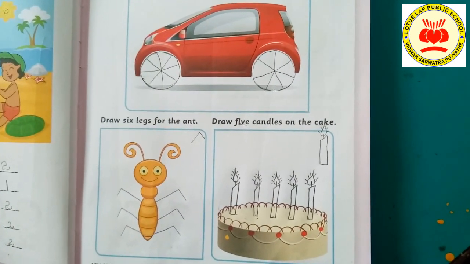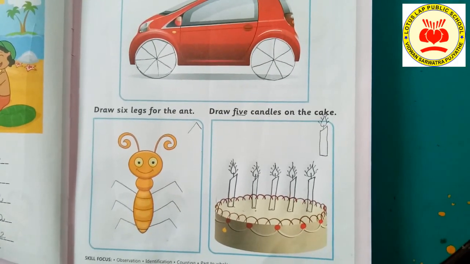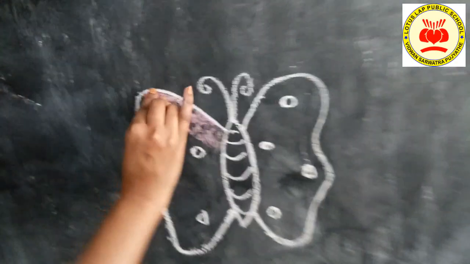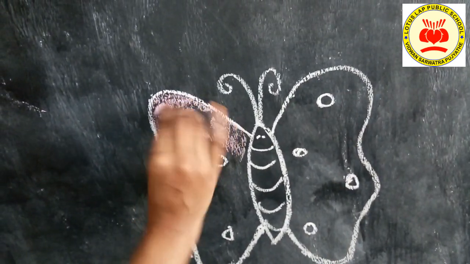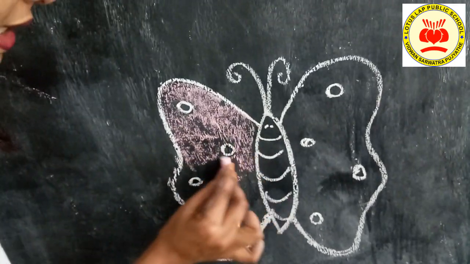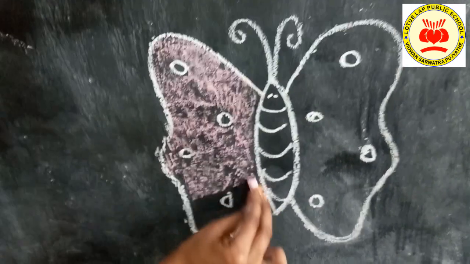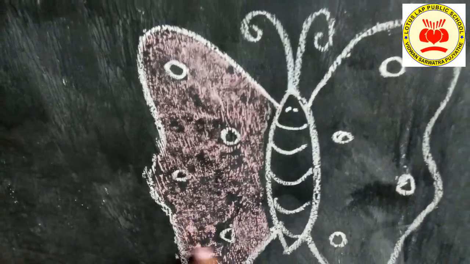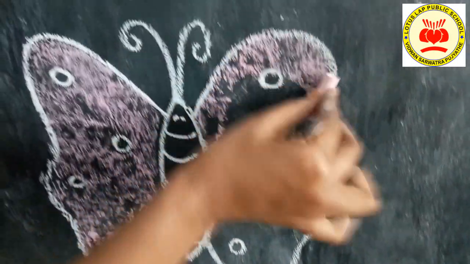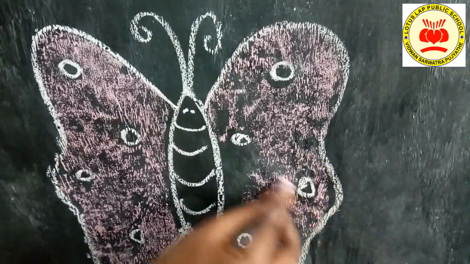The picture we have drawn on the board, which is butterfly, is looking so dull. Let's go and color it, okay? So now here I am going to color with pink. The wings are going to turn into pink color. See, I am avoiding these circles in middle because I am going to color another color here. Now this wing as well. You can see how beautiful it is looking.